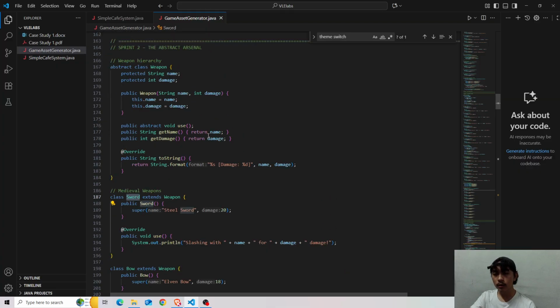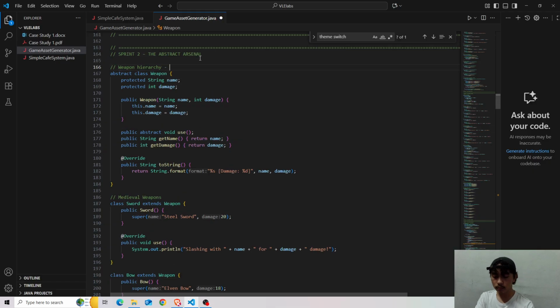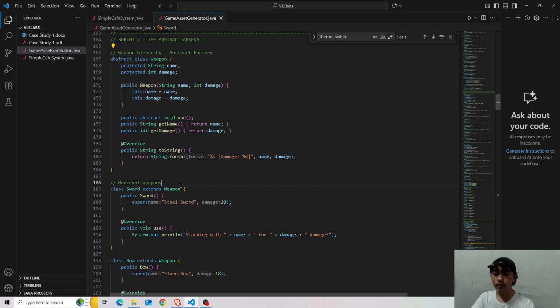So this is our abstract factory for this one, and these weapons are abstract.